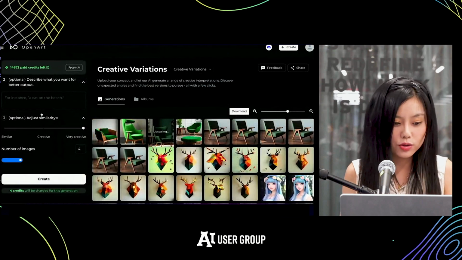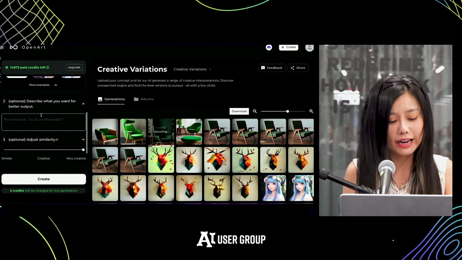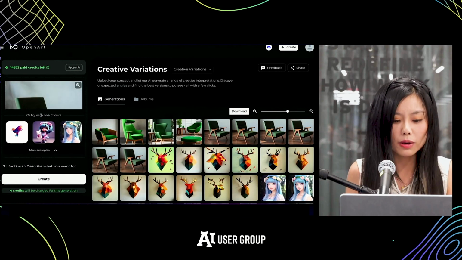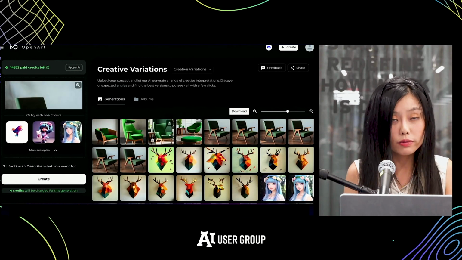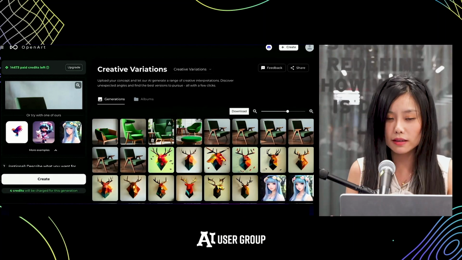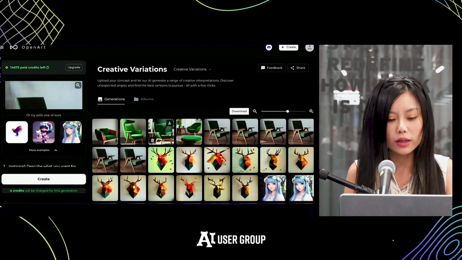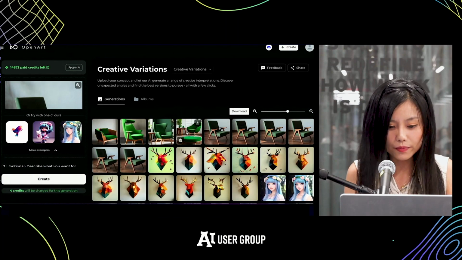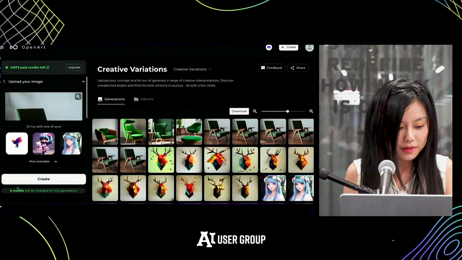As you may notice, I actually didn't enter any prompt, because one of the things we have in mind when we design these tools is to really minimize the work of prompting, because we know that prompting is one of the blockers people have when using AI. But of course, if you want to guide it with more prompts, you can. In this case, we're able to generate all of these variations without any prompts.